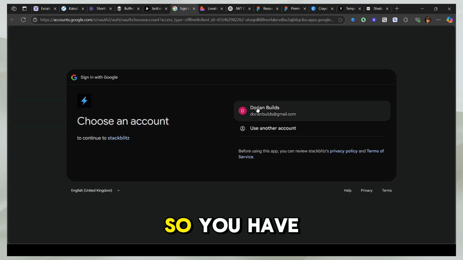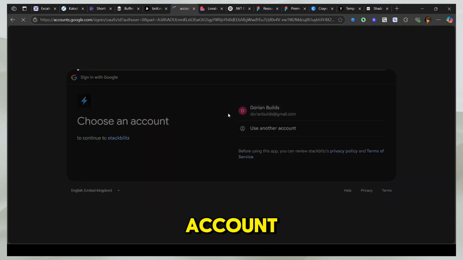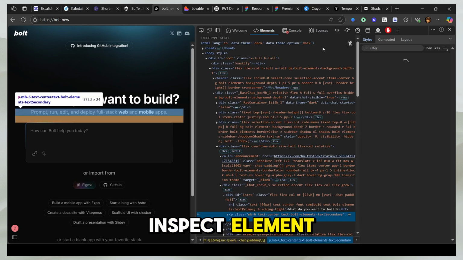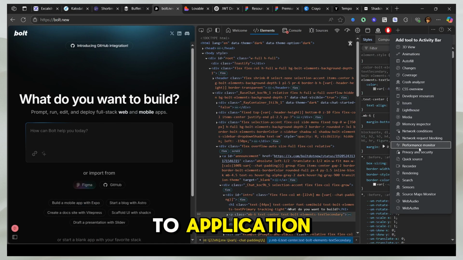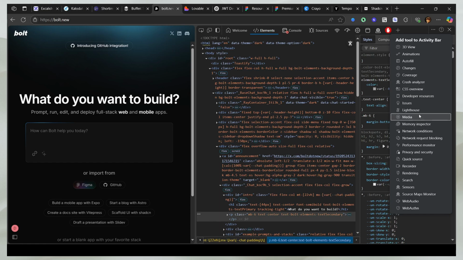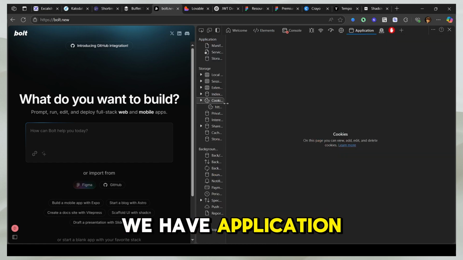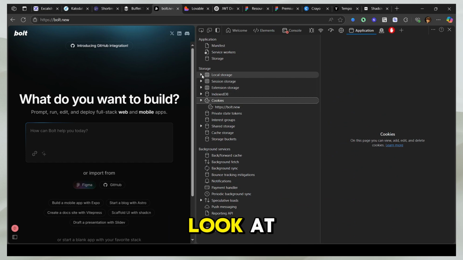Now let's see. I'm going to sign in using my account. Let's build an app. So let's click F12 or inspect element. I'm going to do inspect element. And now I'm going to go to application. So do we have it here? There we go. We have application here. So now let's look at,